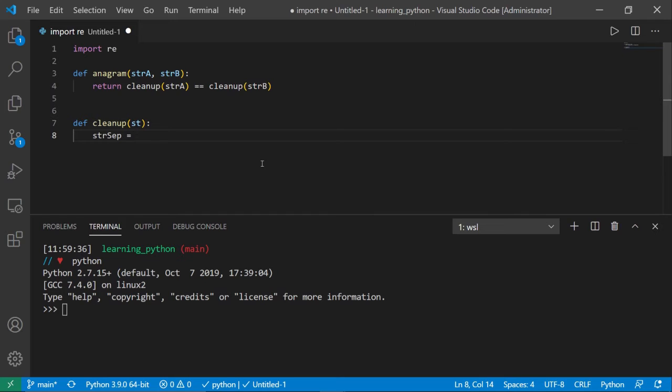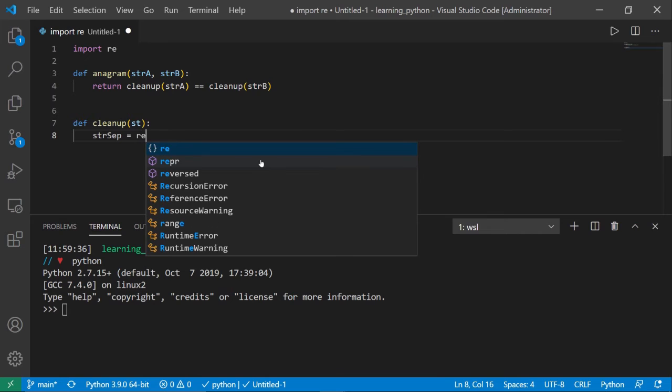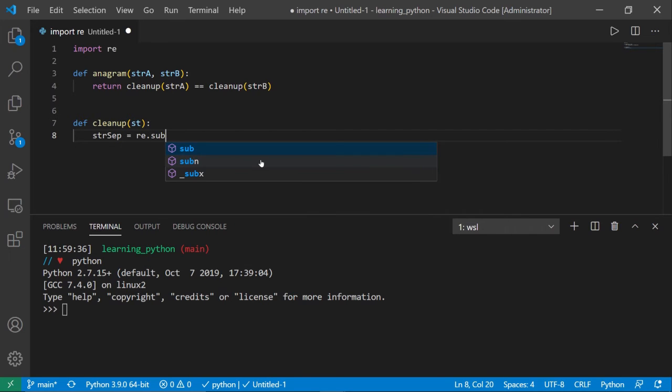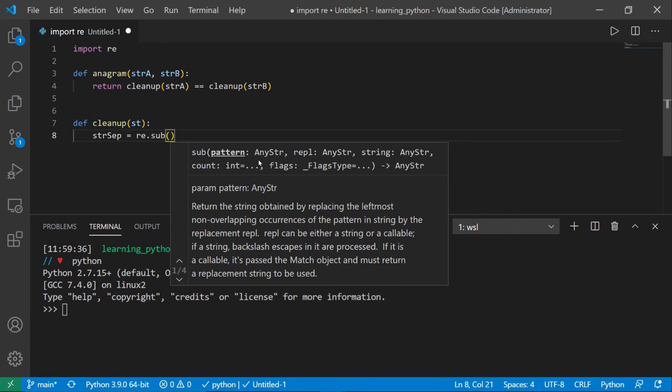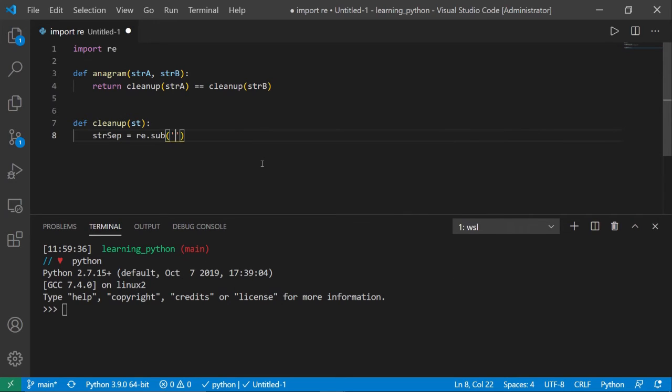Alright, here's when we're going to use the regular expression and the helper method that comes with it, sub. So here we're just going to type in re.sub, open and close parentheses, and then inside here we will type in the regular expression. So we're going to add this here, the \W